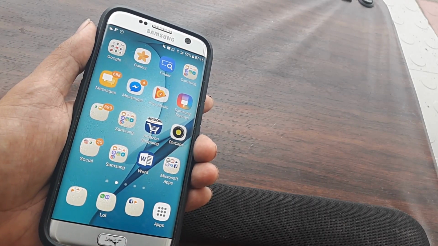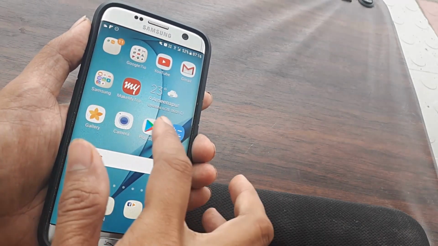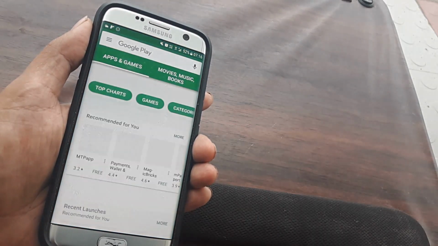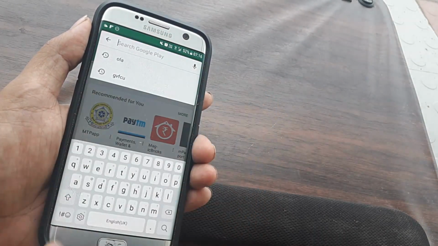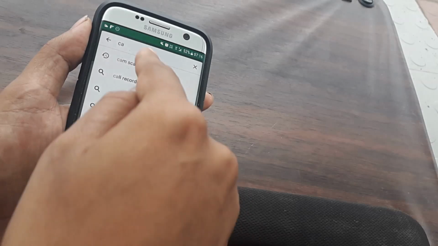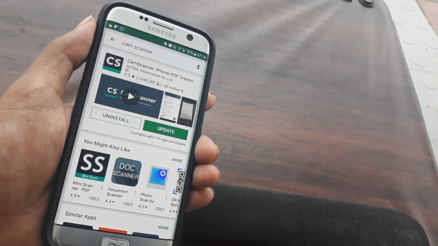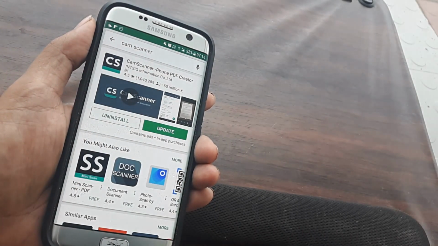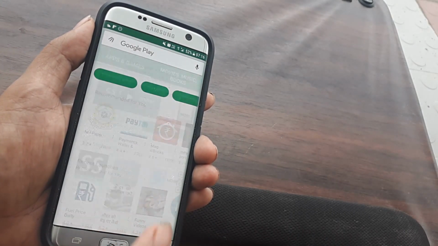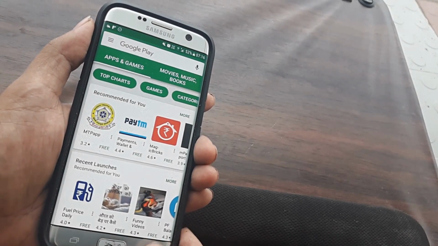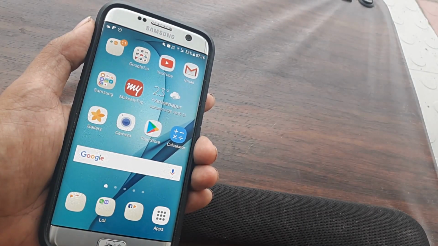Now if it's an Android powered smartphone, you obviously need to head towards the Play Store to download applications. The application that I am about to show is quite popular and it's called Cam Scanner. You need to download this. Since mine has already been downloaded, I'm getting an option to update it. I really don't want to update it, but this is the application that you need to download to scan documents. There may be other applications as well, but this is really the best.